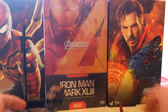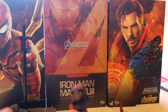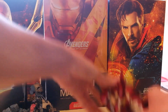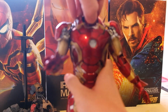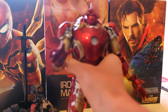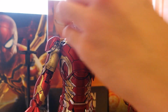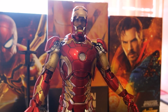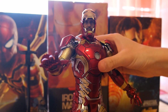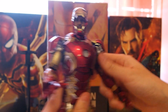The Iron Legion also moves his arm along with the head. So for the head, it's easy to remove and put the Iron Man head, Tony Stark head on it. Here we go. Okay, so here's a Tony Stark head on the body. It goes here. Okay, yes. So there's a lot of articulation, arms here. This,